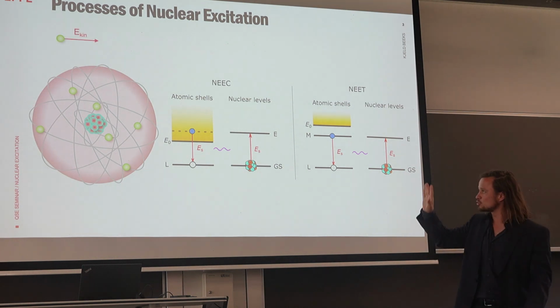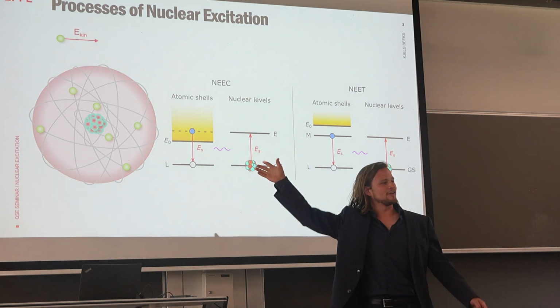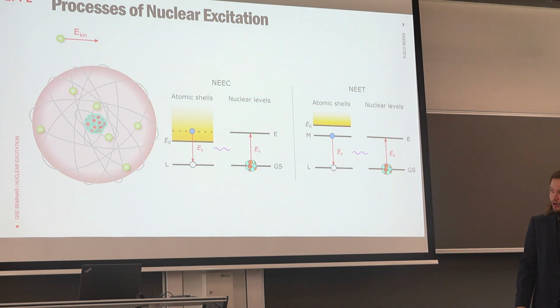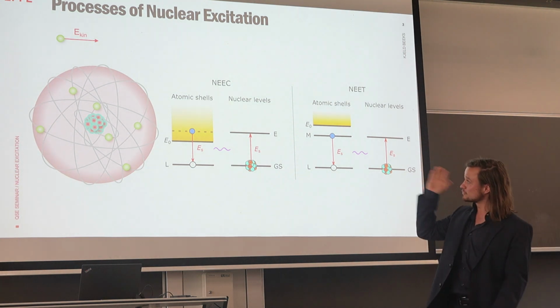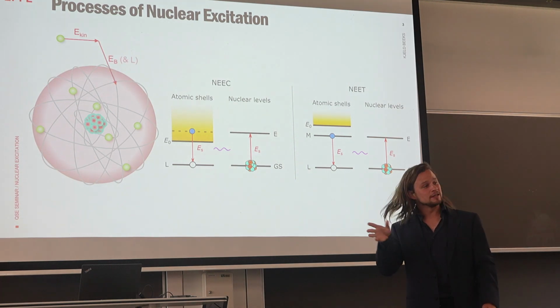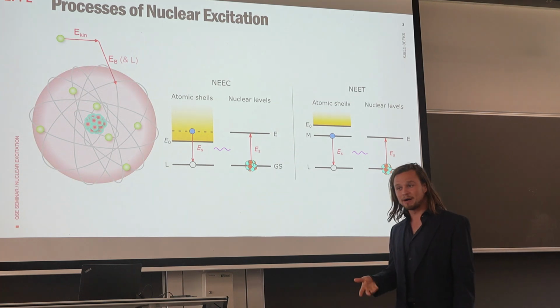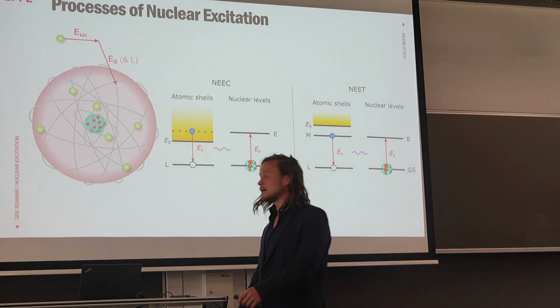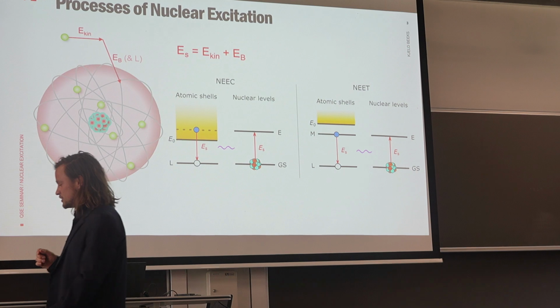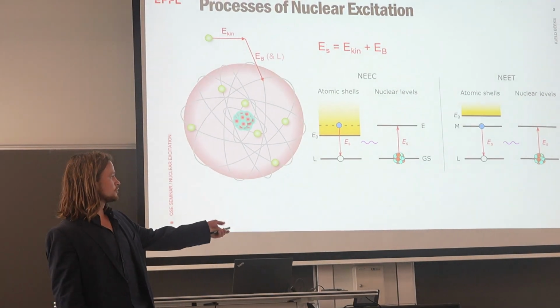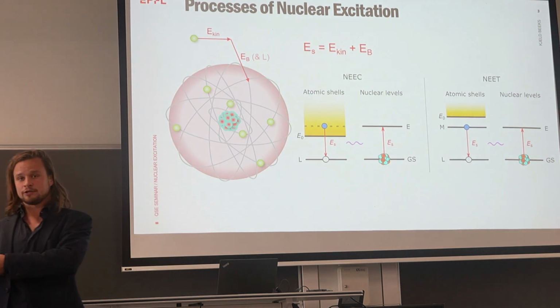So in a more pictorial way, let's imagine an electron that flies by an ion, because then they can capture the electron obviously a bit more easily, which has a certain kinetic energy. Then it can be captured by the ion. Obviously, some binding energy will be gained. And in the end, if that kinetic energy and binding energy is resonant with the nuclear structure, so with the nuclear excited levels, you can excite a nucleus.